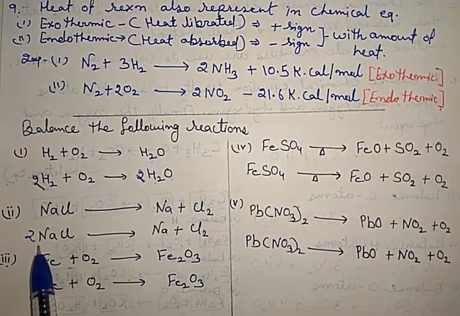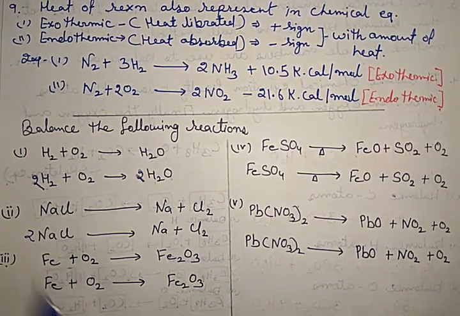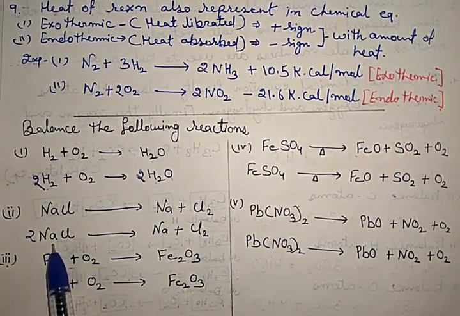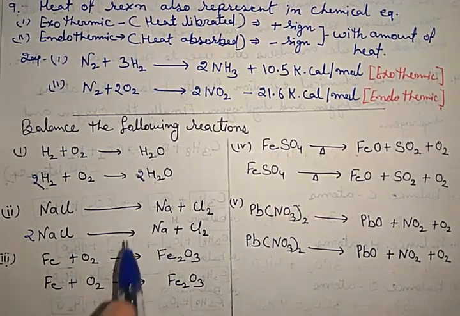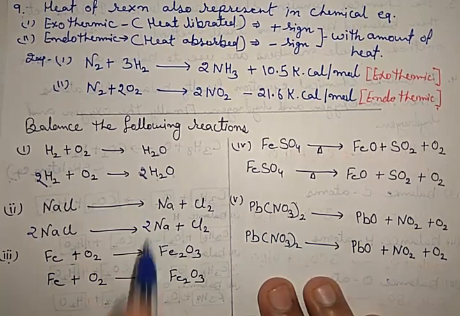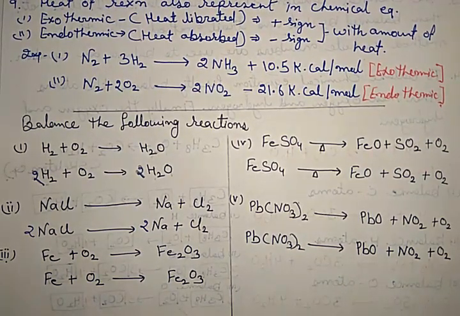When we write 2 here, then it becomes 2 NaCl. Chlorine is balanced, but now the sodium is unbalanced. So to balance the sodium, we write 2 here. Okay. Now the third reaction,